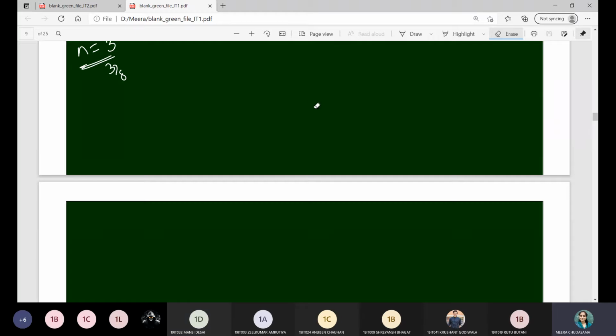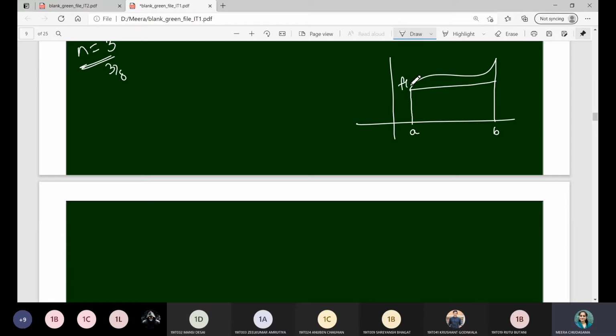Okay. So let us first recall the things which we have considered in the last class. Actually, we have started with the numerical integration, for which suppose you are given any function and we want to find out area under the curve. At that time, first we have approximated it with the rectangle. That means given interval is a to b, corresponding function value will be f of a, and here it will be f of b, right, somewhere over here.